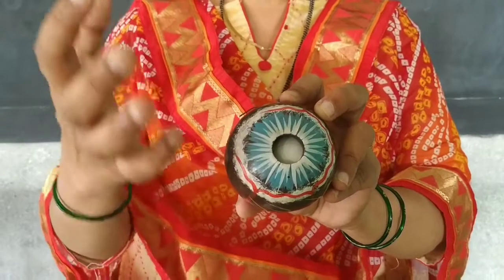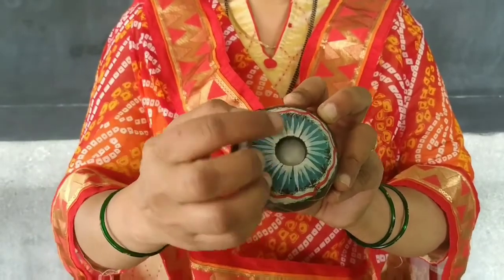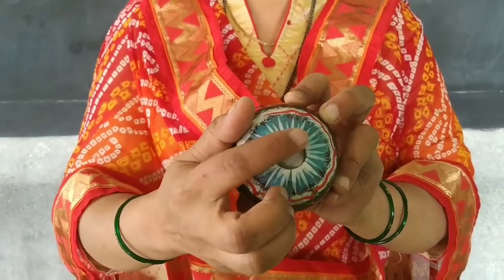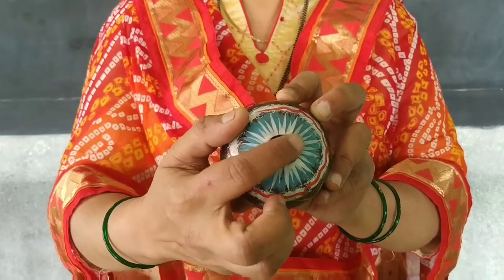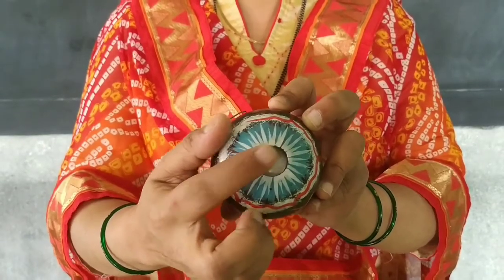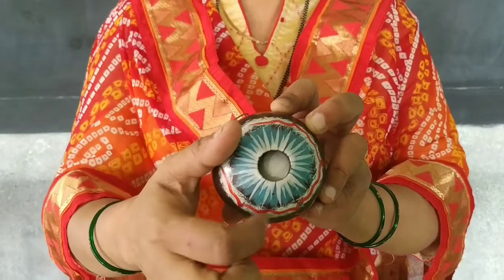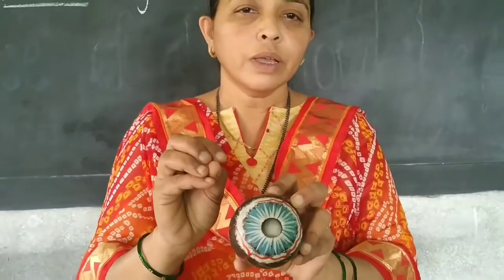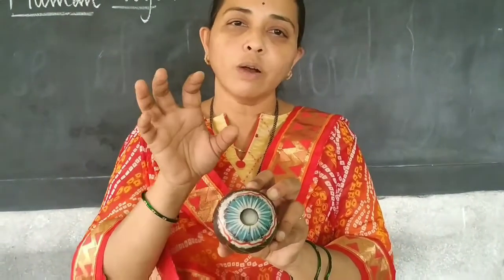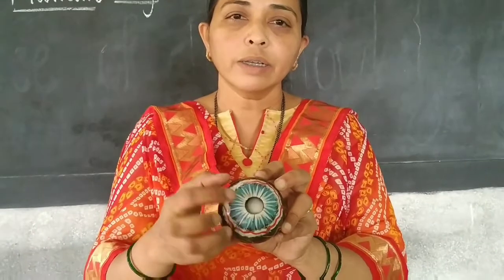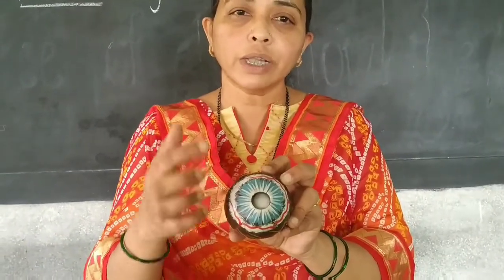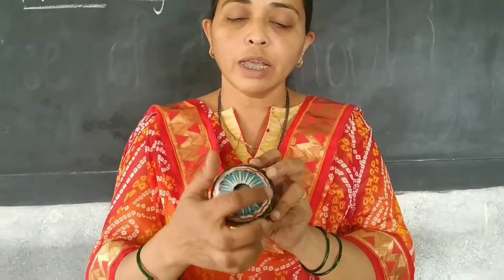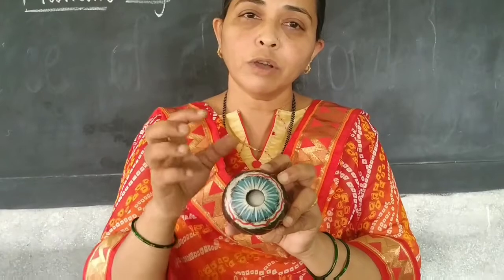If light is too much, then this hole becomes small or big. Now what do we call this? It is called the pupil. That depression you could see is called the pupil. This outer part we call the iris, which has the capacity to expand, to relax, or to contract. That power of the iris we call the power of accommodation. Got that? And it has different colors. It has the power of accommodation.